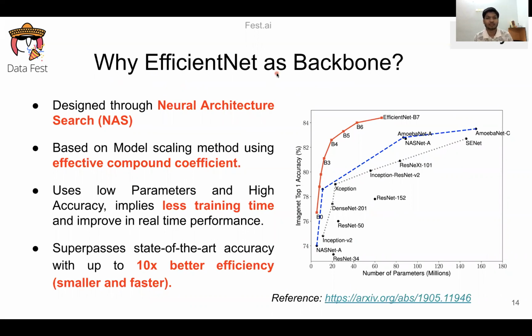Now, why EfficientNet as the backbone? First of all, EfficientNet is designed using neural architecture search, which gives us the optimal number of layers and optimal number of modules in a neural architecture, giving high accuracy with low parameters. Next, this model uses the compound model scaling method, with an effective compound coefficient, so that we can increase and decrease the size of the model without compromising the accuracy. This allows us to use different models for different problems,